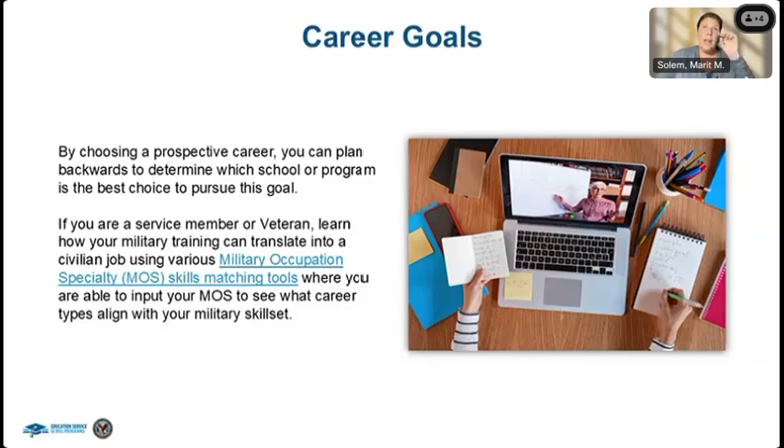The other thing, if you feel a little bit overwhelmed about this process of going through and identifying your interest areas, is that each job center has a veteran representative.